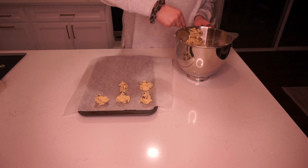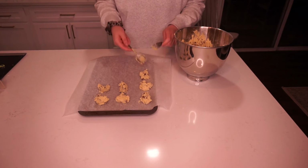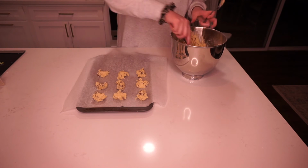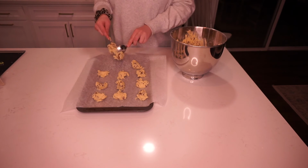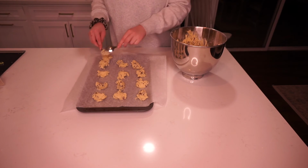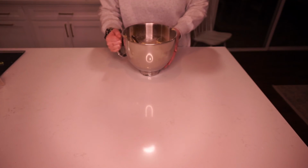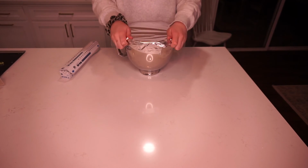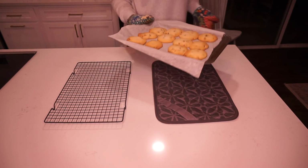I think these cookies are a little bit bigger than the original recipe calls for, but the original recipe calls for 36 cookies. I'm just making 12 today because it's just my husband and I at home, and we definitely don't need 36 cookies. But what I like to do is just bake 1 sheet of cookies and then put foil or saran wrap over your bowl and put it in the fridge, and that way later on in the week you can bake more cookies and you already have the dough made. So that is the dough that I have left, and the cookies are in the oven at 375